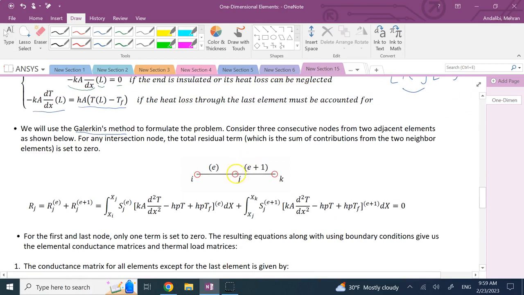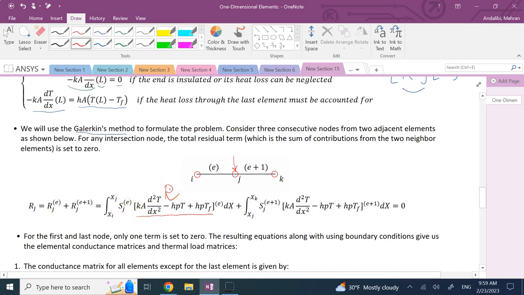Basically, at this moment, I'm focused at this node J, the middle, the intersection node. So if I want to find that integral and set it equal to 0, how should I do that? Let's take a look. I plug the assumed T into my differential equation, and whatever it gives me, which is not 0, I call it the residual term. Good. I multiply it by what? By the